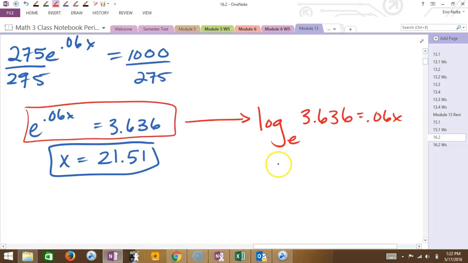Okay, so this left-hand side now is 1.291, which is equal to 0.06x. Now if I'm solving for x here, what's my last step? Divide by 0.06. Okay, so I'm just going to have the calculator